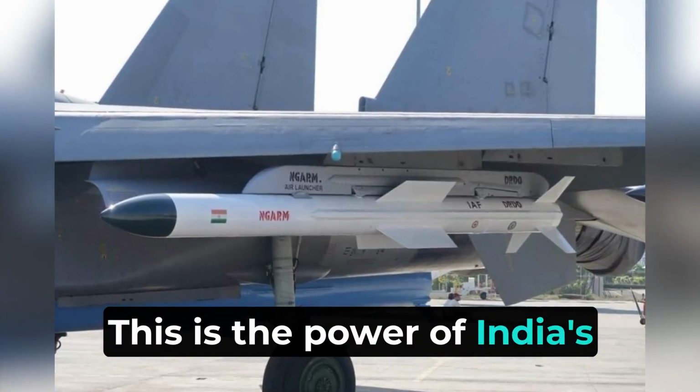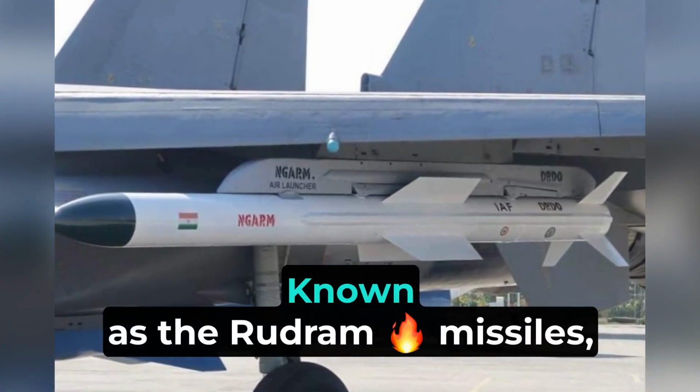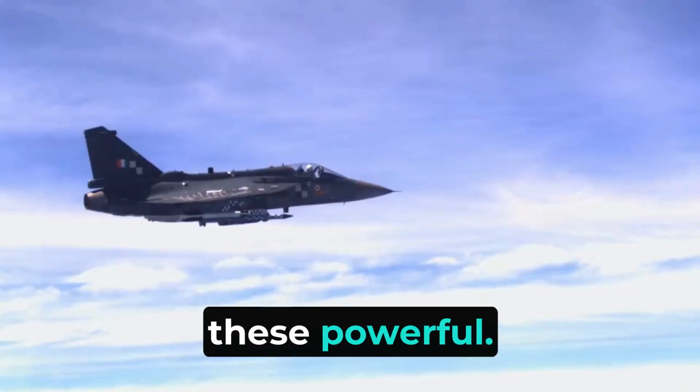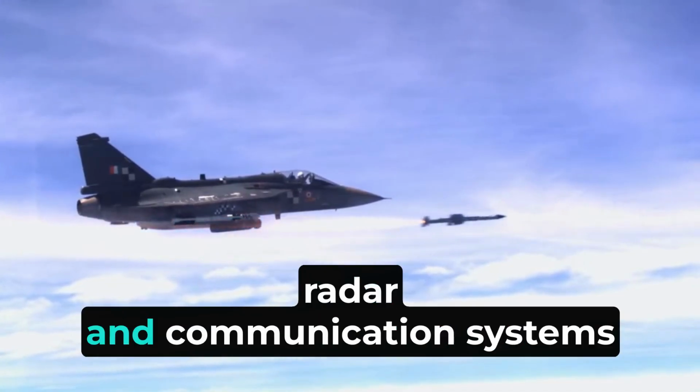This is the power of India's impressive series of supersonic air-to-surface ground attack and anti-radiation missiles, known as the Rudram missiles. These powerful weapons are not only fast but incredibly precise, capable of knocking out enemy radar and communication systems